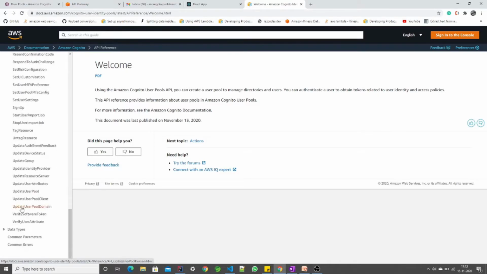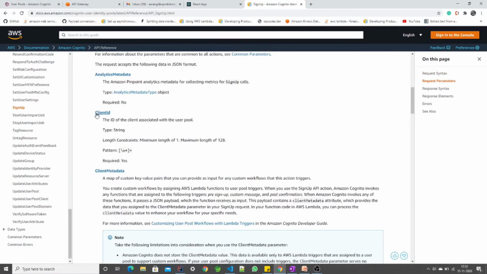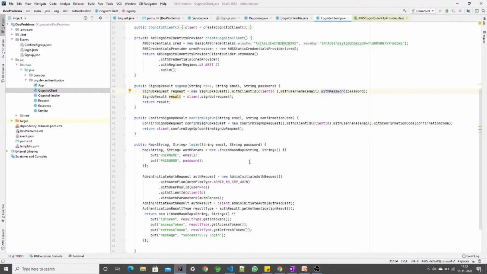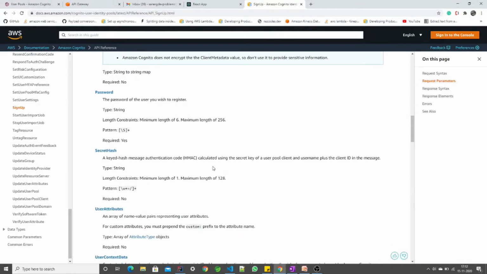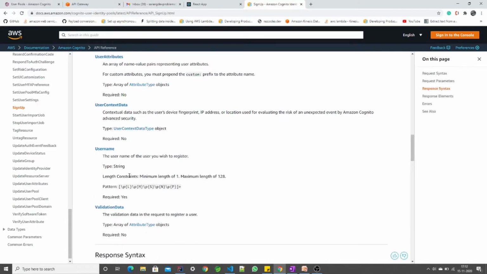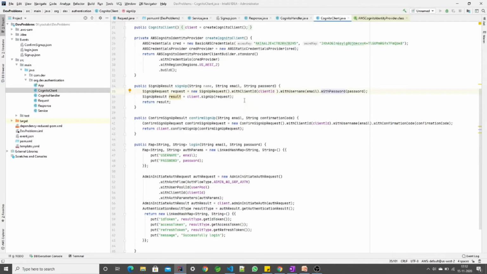In the sign up API they say you need the client ID, which is required, so you need to send that client ID value to Cognito, which I have sent over here. There are two others, username and password. We will look whether they're required or not. Yep, the password is also required, and the username is also required. The rest are not required, so it's okay if you don't send them while doing sign up.